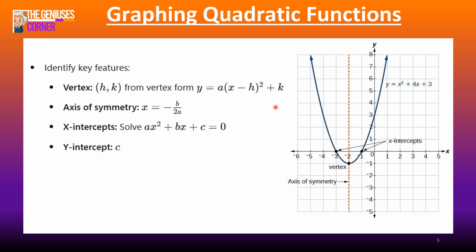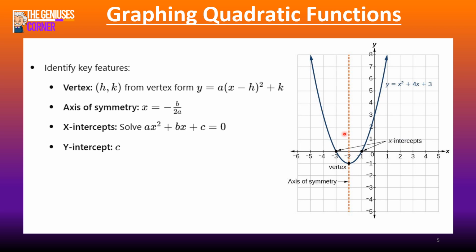it helps us to see horizontal shifts, so shifts on the x-axis. When the h has a negative sign, then there will be a shift to the right, a positive shift. When it is positive, we will see a negative shift, a shift to the left. Why is this? Because we equate this x minus h to 0, and when we solve for that, we get x equals h. Therefore, it shifts to the opposite side of the sign right here.